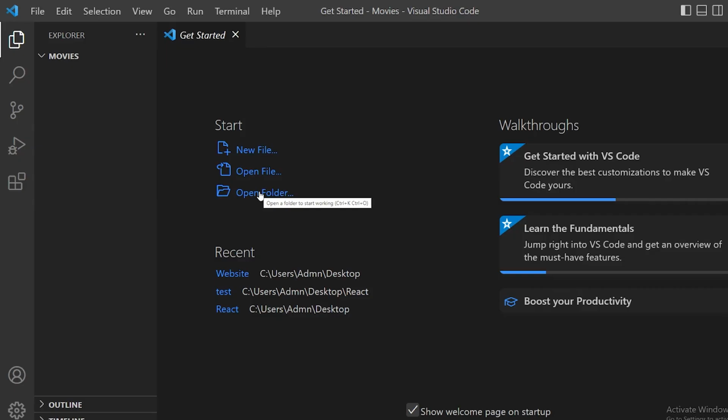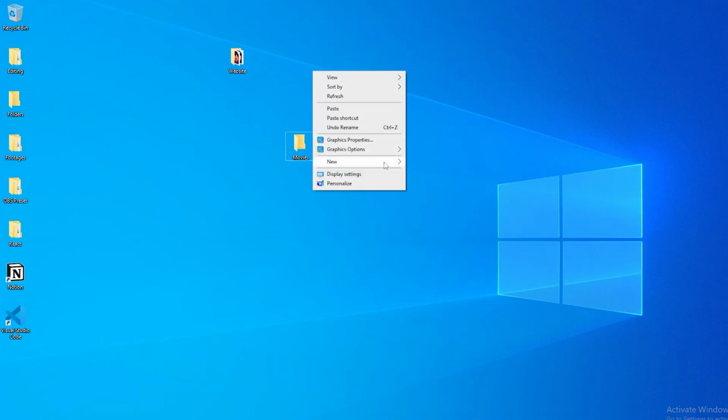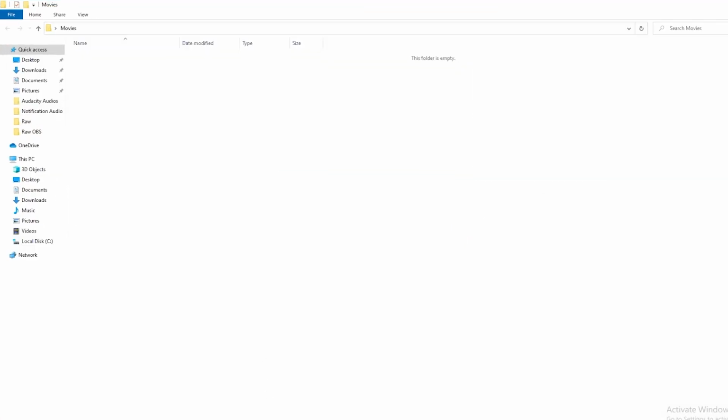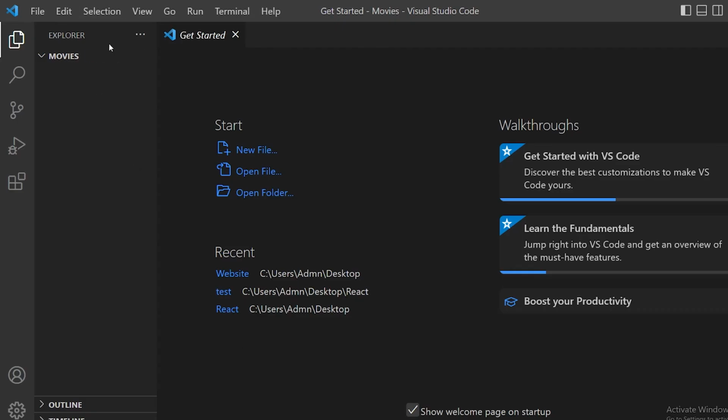Now another thing that you should not do is, let's say you're creating a new website and you have not decided the name for that website yet. Sometimes some people usually name the folder as index.html. You should never do that. Do not name your folders index.html. Now the reason why I'm saying this is because if you open Visual Studio Code,